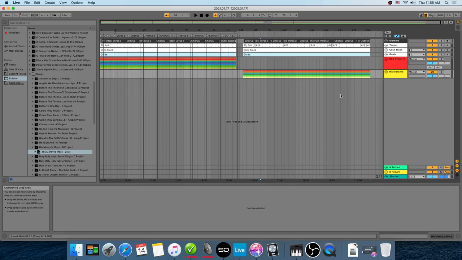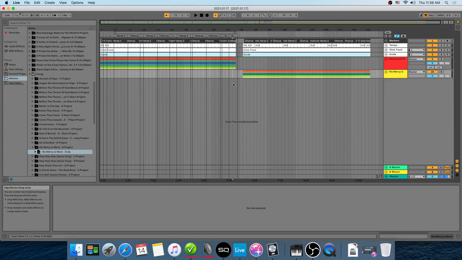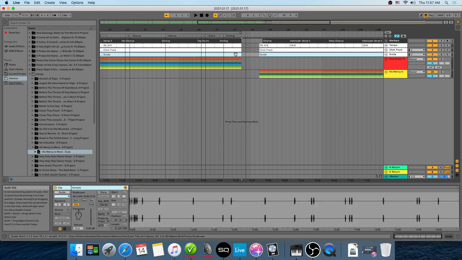Now, suppose that these 2 songs are actually supposed to be back to back, and not only are they back to back, but suppose that they're so back to back that the worship leader kind of wants them to fade into each other. So let me show you how to do that. In order for that to happen, there's a little trial and error, but we're going to zoom in a little bit at the end of this previous song, and we're going to select the